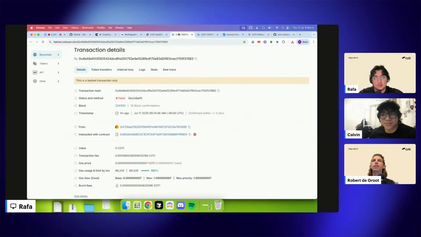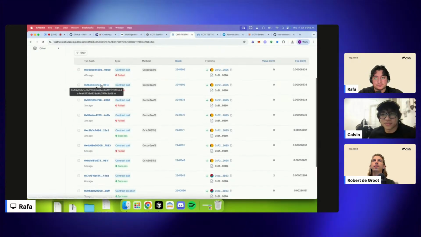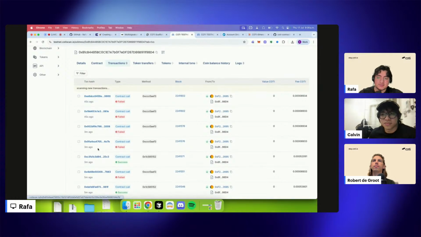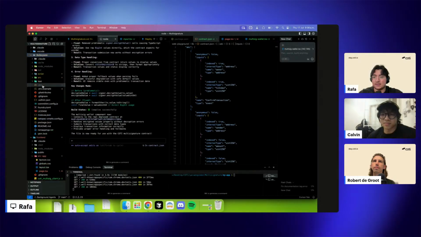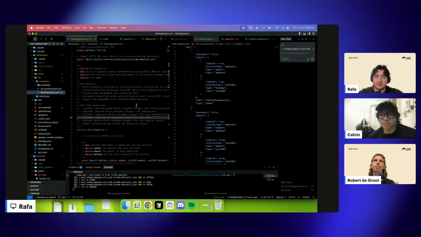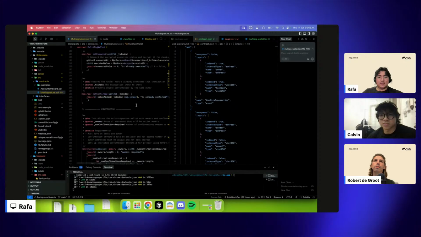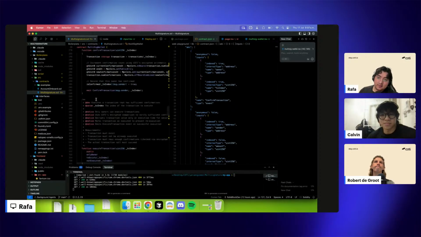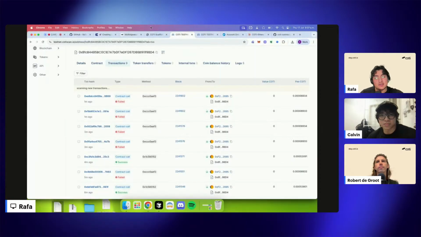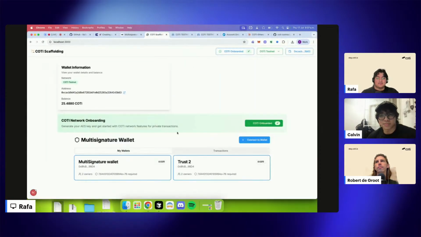I have that one, and also the failed interactions because I did not have enough approval. But if you want to test it, you can go to Remix or you can go to the boilerplate and take the contract, and you can also try to test all the methods in Remix or here in the scripts and contracts from the boilerplate. So I don't know if you want to add something here, guys,